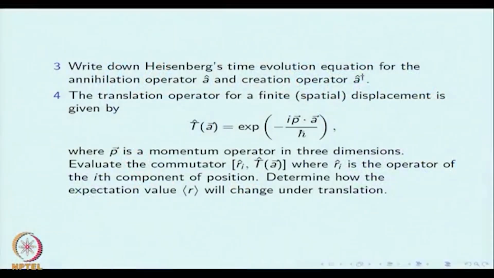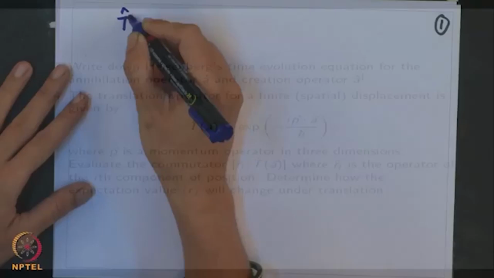Let's get started with a few more problems on the translational operator for a finite spatial distance. This problem 4 will involve problems on the commutator of the position operator and the translational operator with a finite displacement. So, in the question we have T(a)